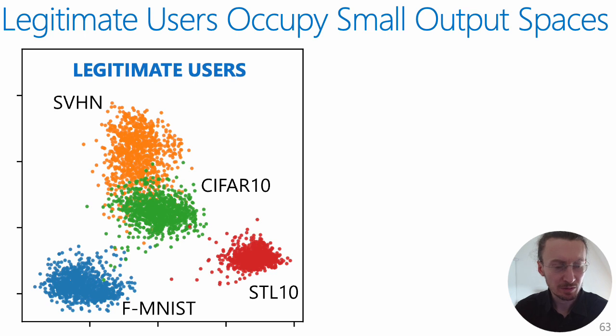So here, the graph on the left-hand side represents the representation spaces covered by the queries to the API. We observe that for legitimate users, the queries come from a single downstream task, from a single part of the representation space. We consider that standard users, for example, have tasks like SVHN, CIFAR10, STL10, FMNIST, and the queries from such subsets of the large data occupy a small part of the representation space. We call it a single region.